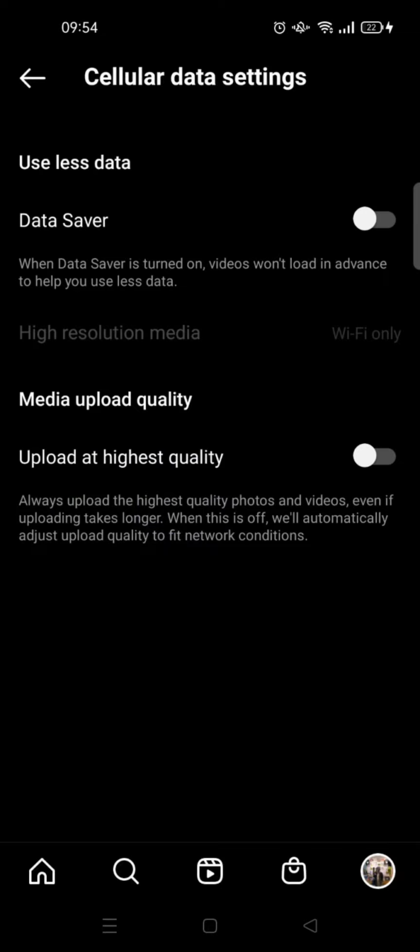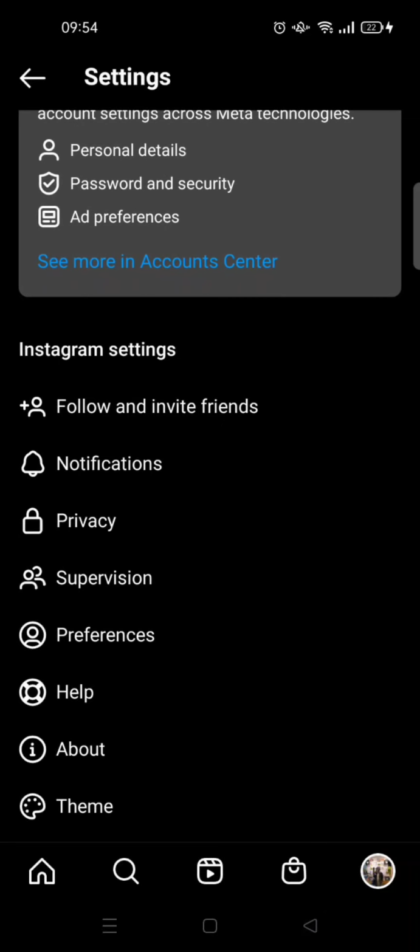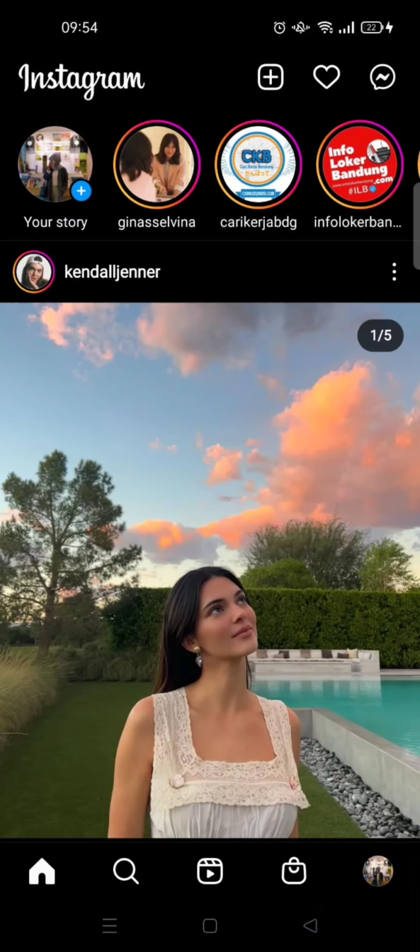So this option will allow you to always upload the highest quality photos, videos, even if the uploading takes longer. So when this is off, Instagram will automatically adjust upload quality to fit the network conditions. So you need to turn it on until it turns to blue, and then before you upload your reels,